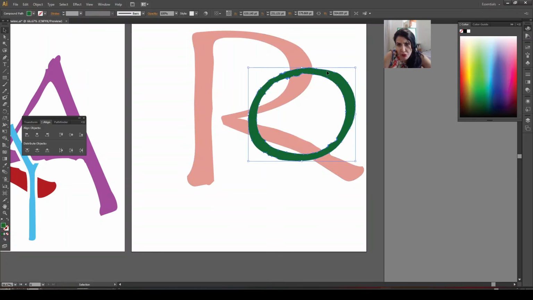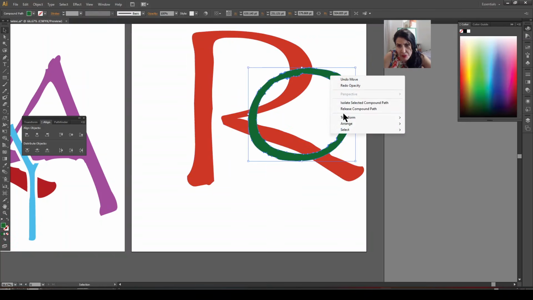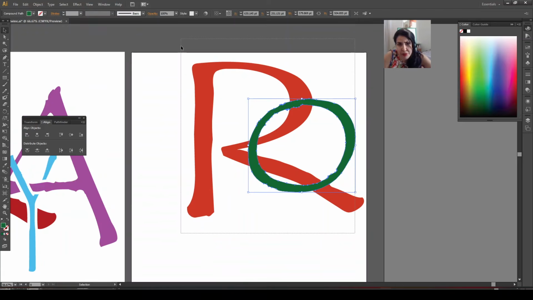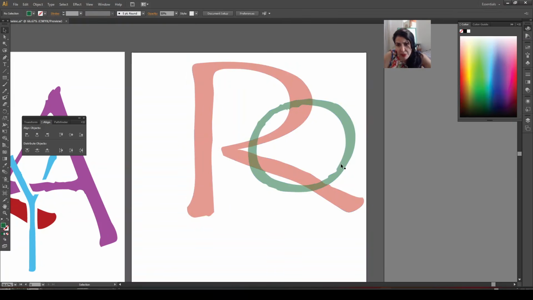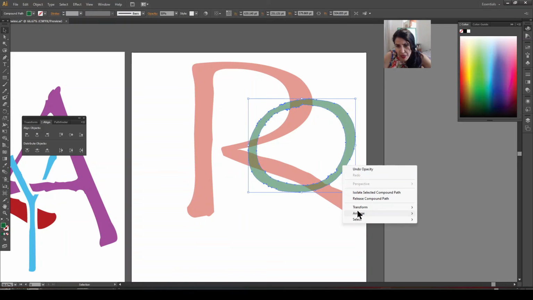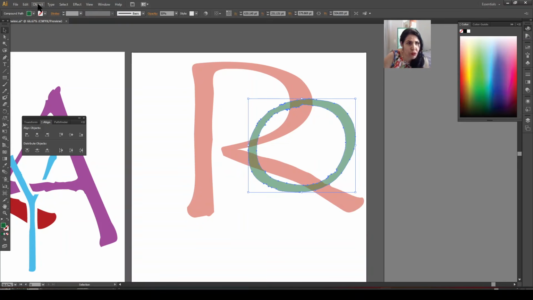So I select O and arrange, right click, arrange, bring to front. So let me set up the opacity to 50 one more time. And then select all, right click, arrange, bring to front, and then go to object,